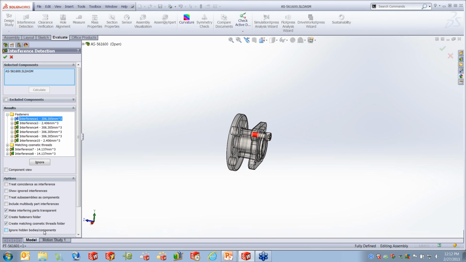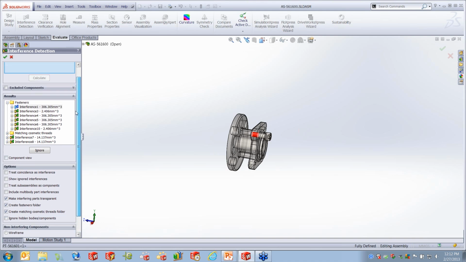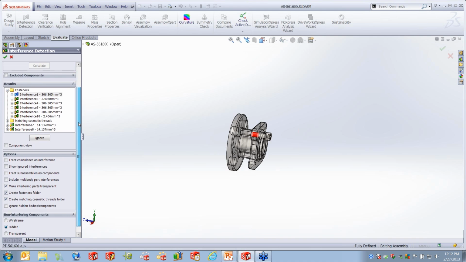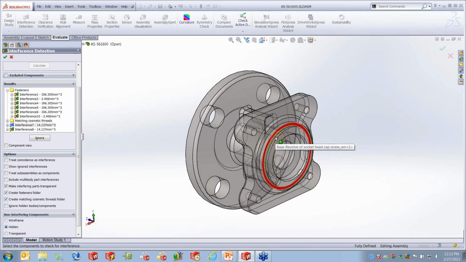So my message here is really understanding what options you have on are very important within this tool. And most importantly, if you have fasteners in your assemblies, being able to take those interferences and sort them a little bit. Now, what about interferences like this, where you have an O-ring and an O-ring groove,